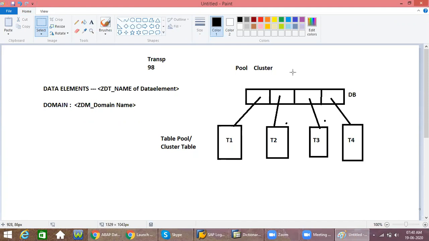Table pools and table clusters are special types of tables in the ABAP dictionary.